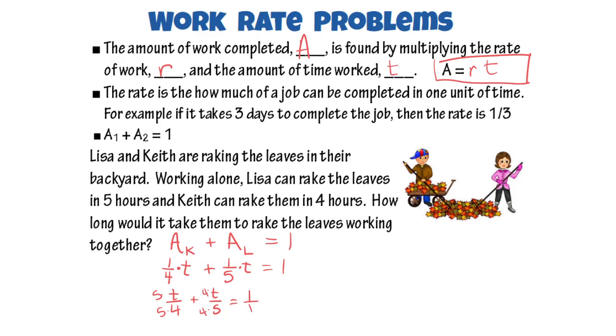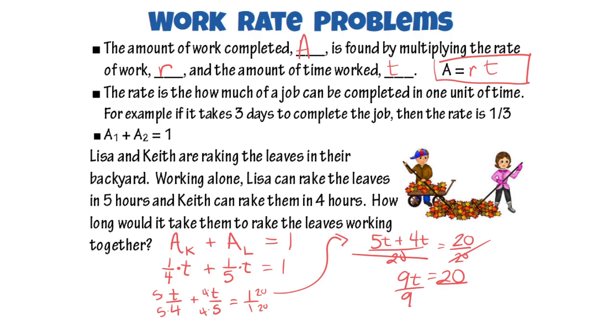I think of this as a 1 over 1, and this is going to be a 20 times a 20. So I am left with 5t plus 4t over 20 equals 20 over 20. Multiply both sides by 20, and I have 9t equals 20, divide by 9. And t ends up being